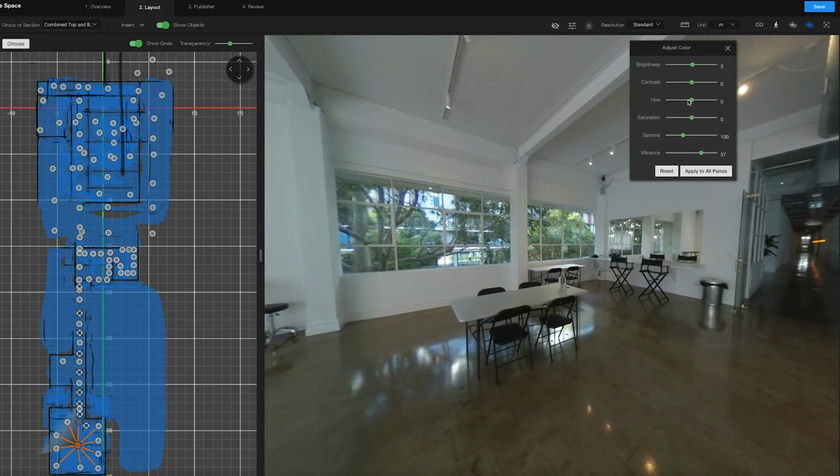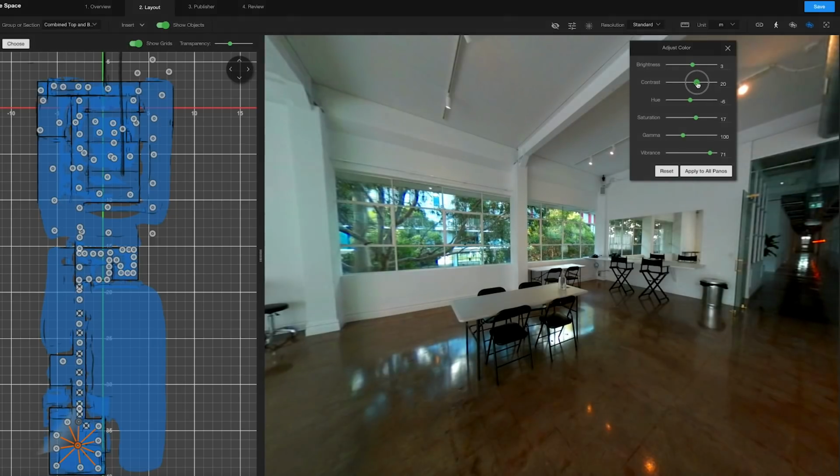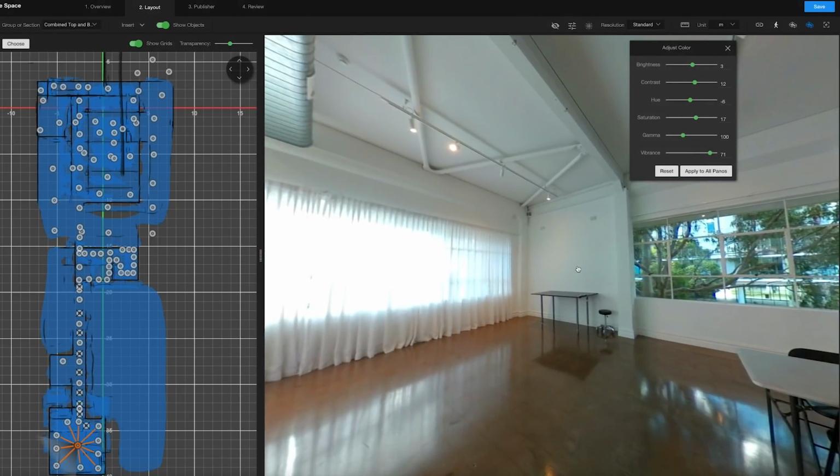Look, I would recommend you do color correction before you upload to Cupix, but if there's any last minute changes you need to make, once you see the tour uploaded and you see your photos all side by side and you feel like one or two don't quite flow with the rest of the photos, you can make these small adjustments here. Look, I wouldn't rely on it too heavily, but it's cool to know it's there because you can make some changes that will probably help you out.